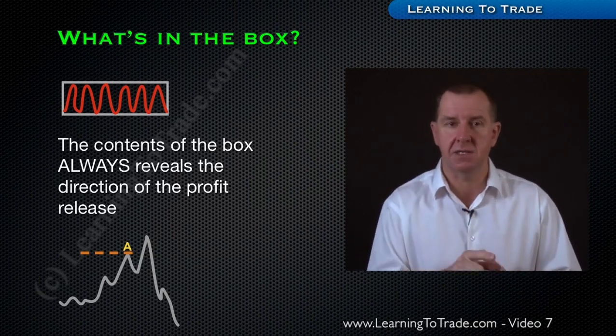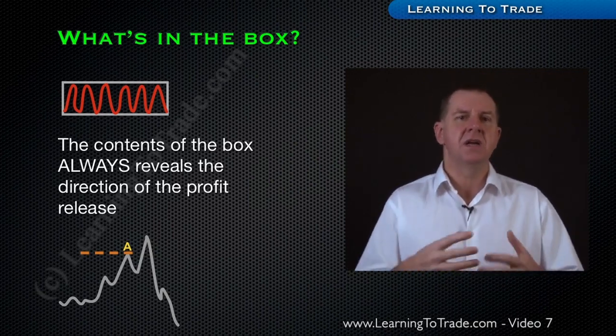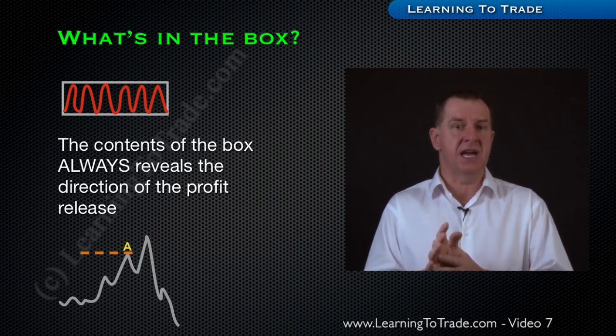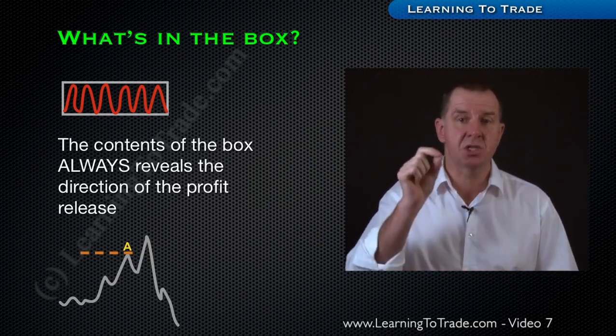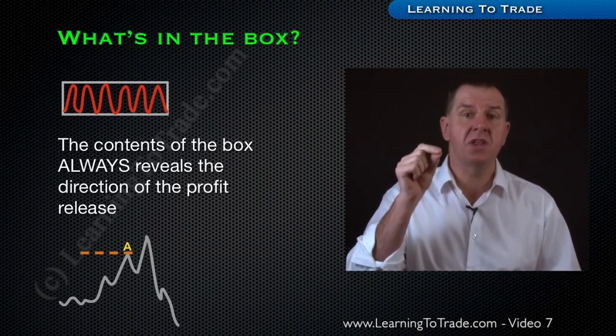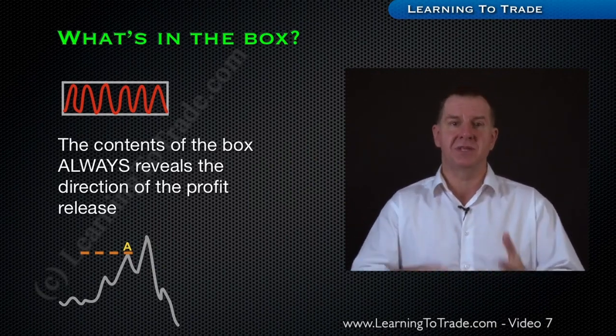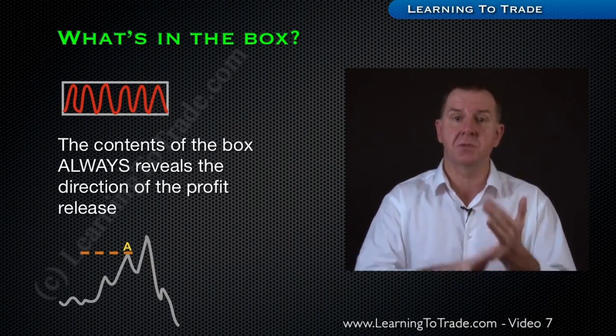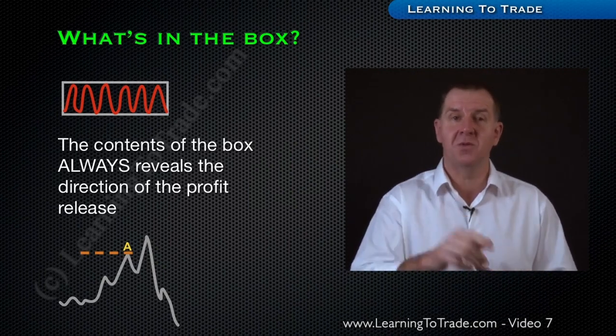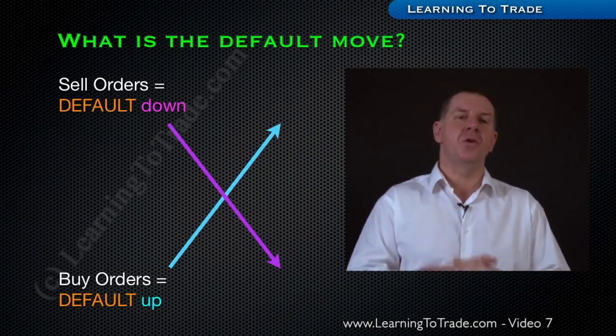into buying the market. As a further example, as the market maker continues on up past the level at A, we would be in a position to identify this as stop taking, or running of stops, providing us with further proof that the contents of the box are sells. Now we'd be in a position to sell this market and profit from the subsequent, what would be default, downwards movement. What is a default move?